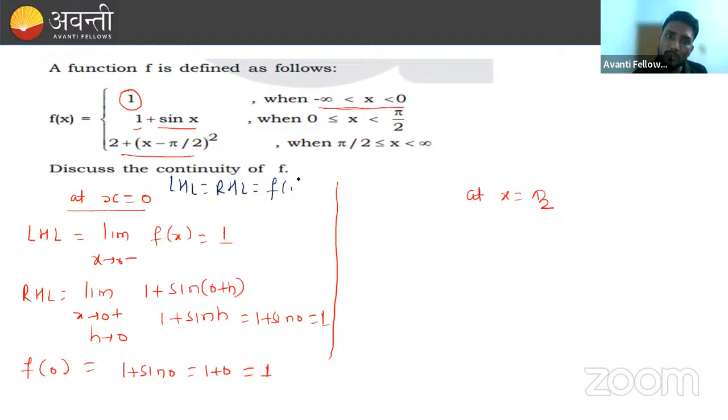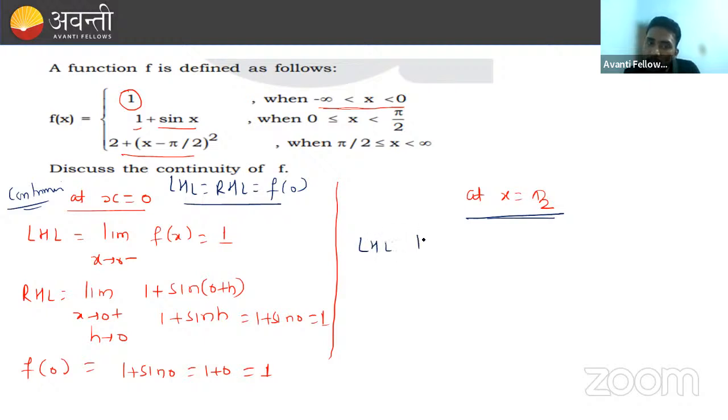F of 0. So it means at this point it is continuous. Okay, now at x equals pi by 2. There were chances, but we found out that at x equals 0 also it is continuous. Okay, now at x equals pi by 2, let's look at the LHL, the limit x tending to pi by 2